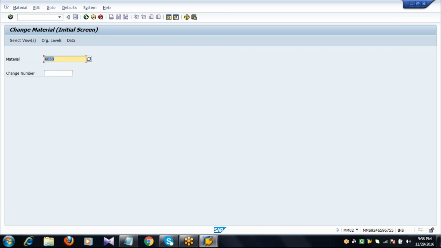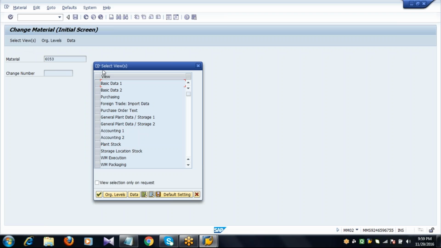MM01 or MM02: if you are going for a new material, MM01; if it is an existing material, MM02. Enter the material, select views, purchasing view.